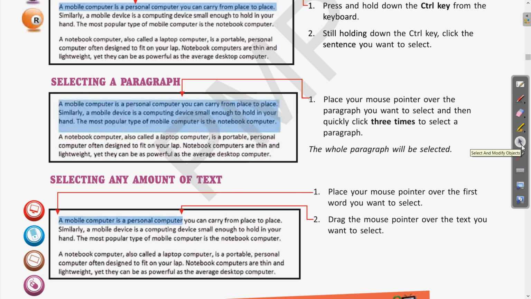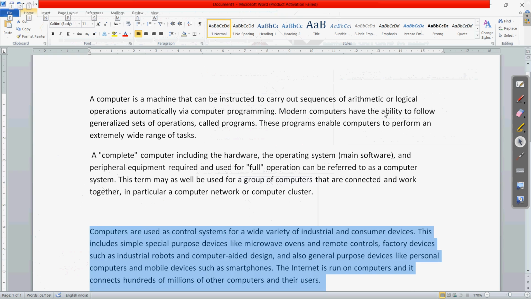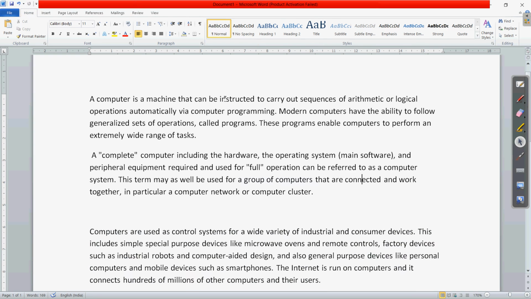Let us do this as well. So if I come to our paragraph, suppose I want to select a few words of the first sentence. So let us come to the A, and here the insertion point is blinking. Now click and drag towards the right. So here you can see the word keeps on being selected.